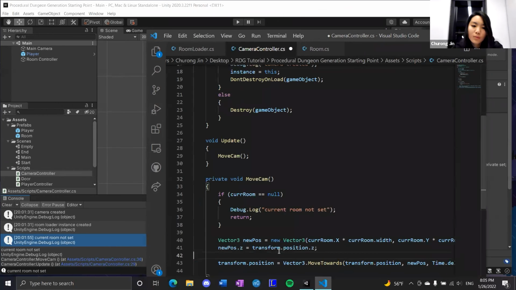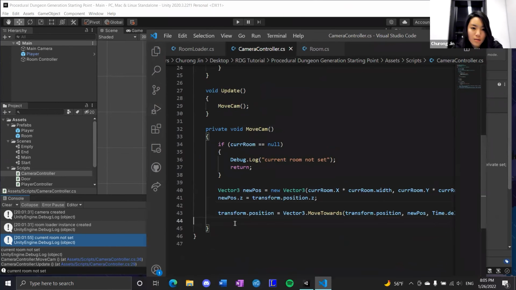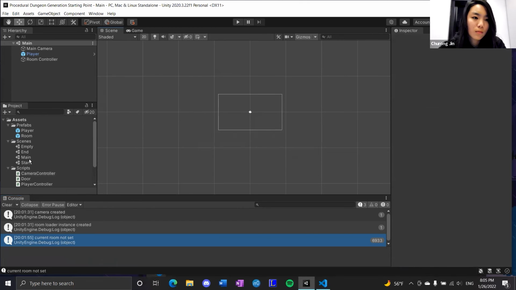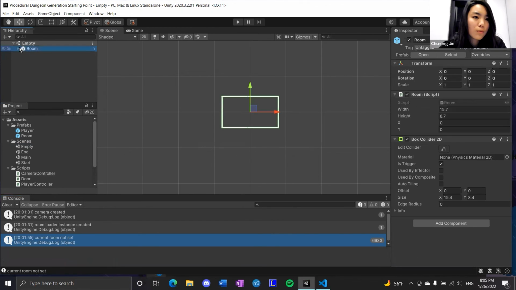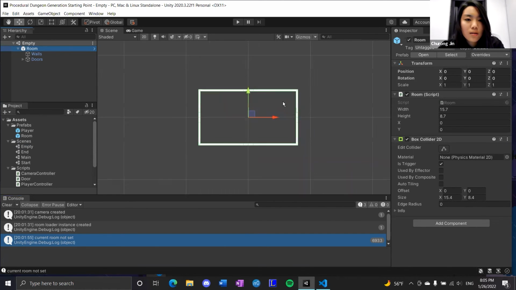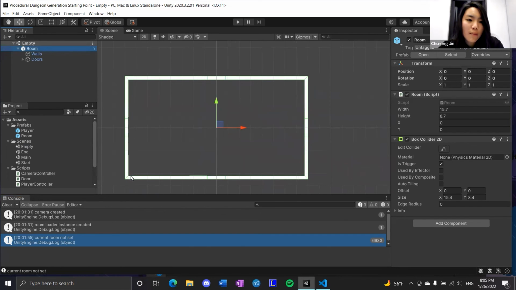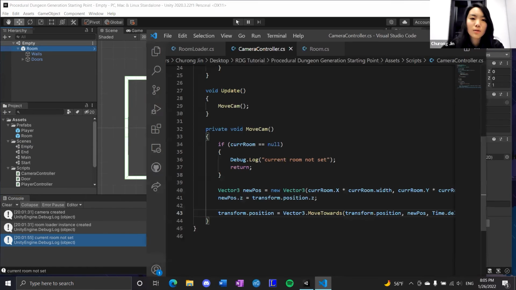Okay, now all that is left to do is to set current room. I think I mentioned this earlier, but let's just go to the room prefab. I might have forgotten to mention this, it has a box collider 2D. This is separate from the polygon collider we have on the walls. It's the collider that maps the area inside the room. And I set this to is trigger. So we can basically use